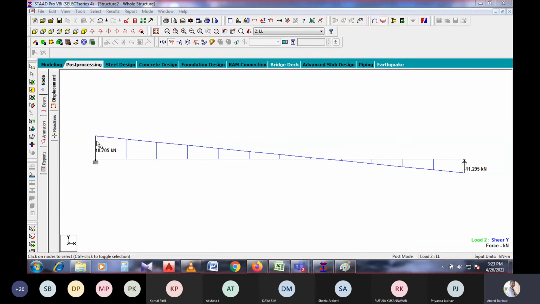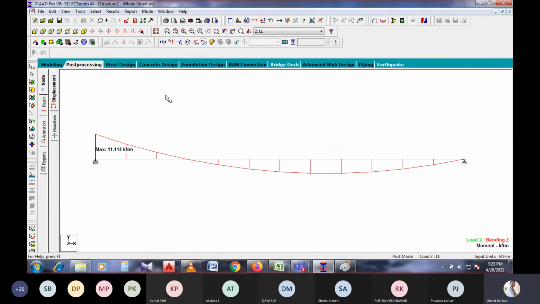That is why the load varies as 18.70 kilonewton and 11.295 kilonewton. Both together give 30 kilonewton of total shear force, and the maximum bending moment value is 11.2. Correct? This is how we have to carry out an analysis. Is that clear? Or shall I repeat this model once again?